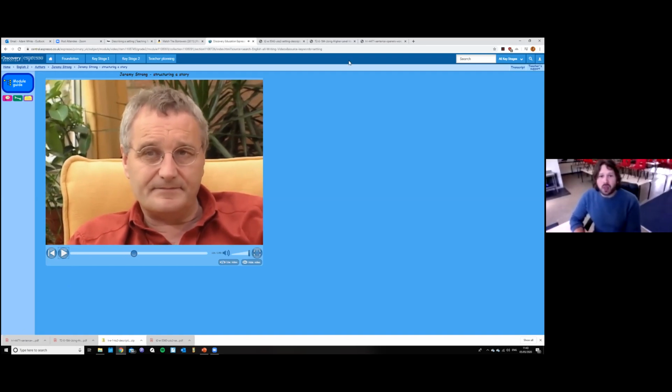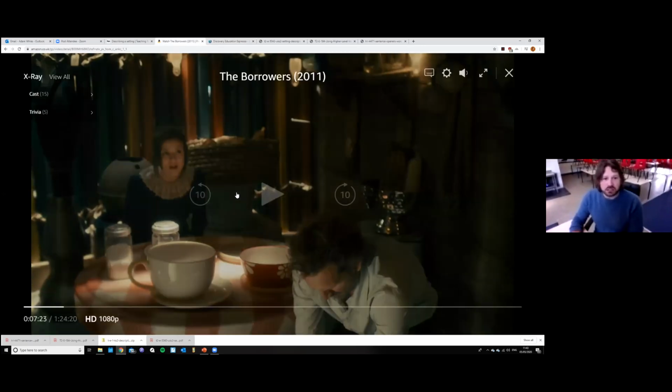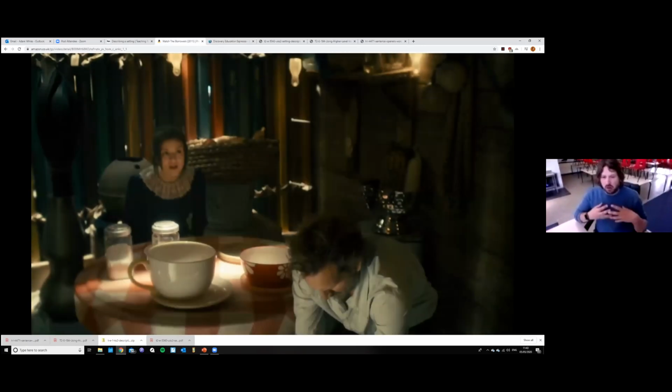Okay, so Jeremy Strong is saying a really strong start is a wonderful thing to do. So we are going to be describing our scene, our Borrowers' house and where they are. We can describe all the different parts of the house, and we can really use our imaginations. All the small things around your house can all of a sudden be something else. So, for example,